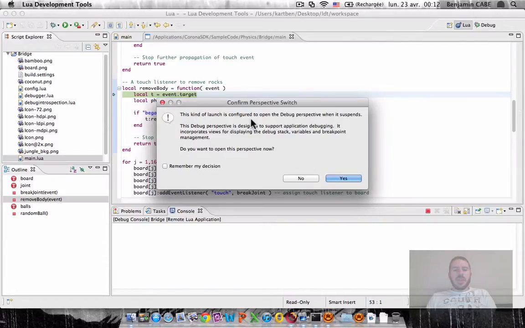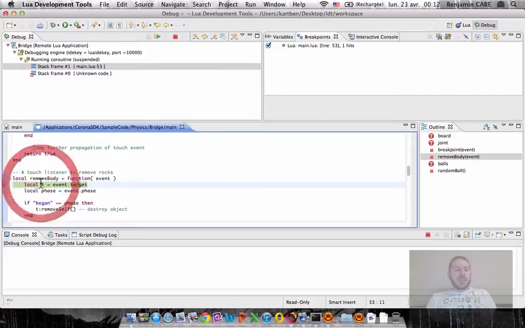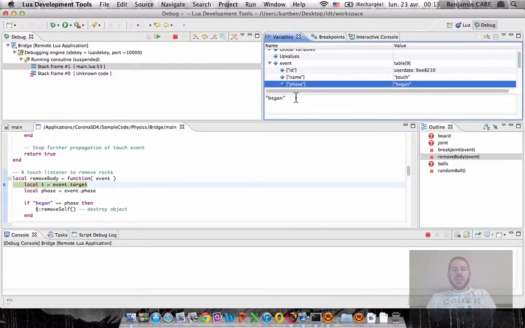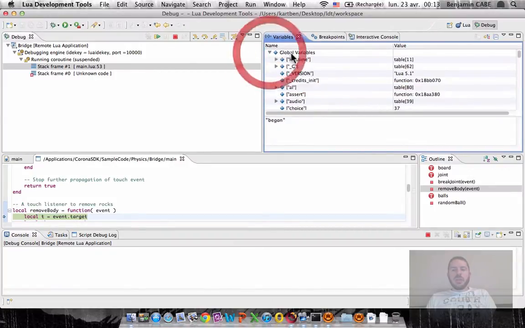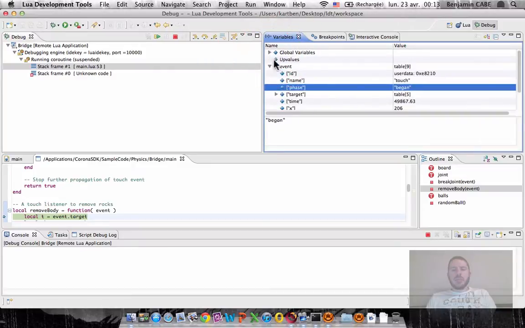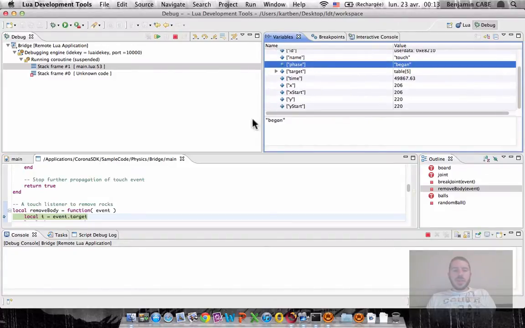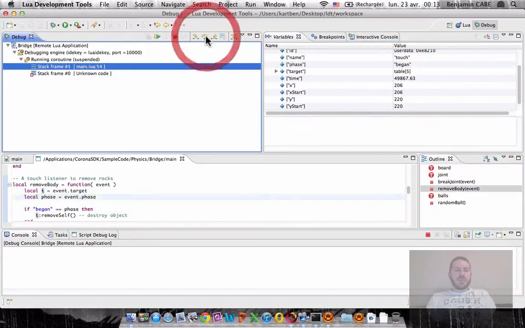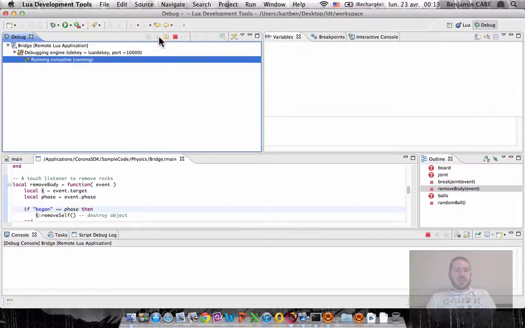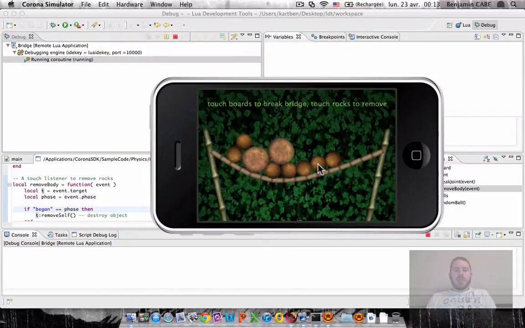The IDE just hit the breakpoint and proposed me to switch to the debug perspective, which I will do. And now I am on my breakpoint, and I have access to the variables, the state basically of my Lua VM, with all the global variables, and more especially the local variables, such as here the event for which I can have access to all the properties, the location, etc., etc. I can step into the source code. I can resume the source code, and if I show you what happens if I click another rock,